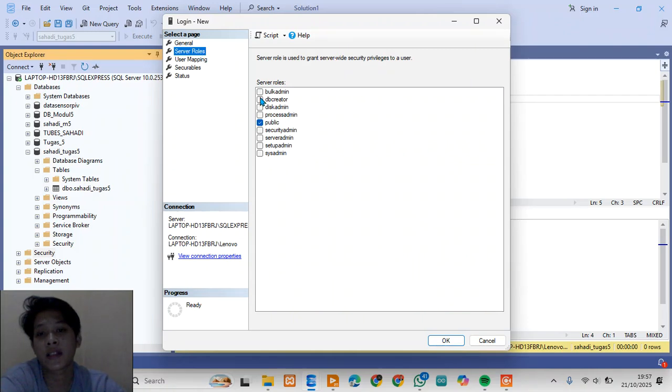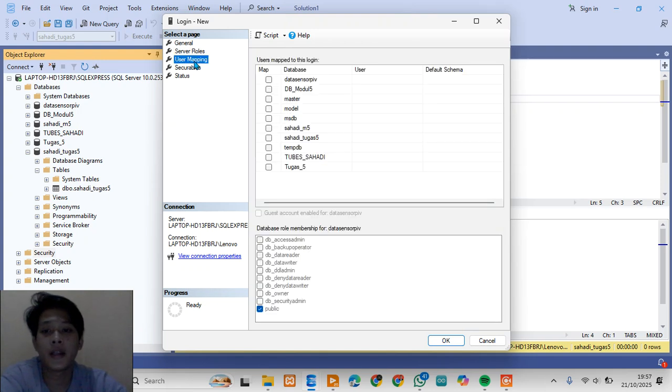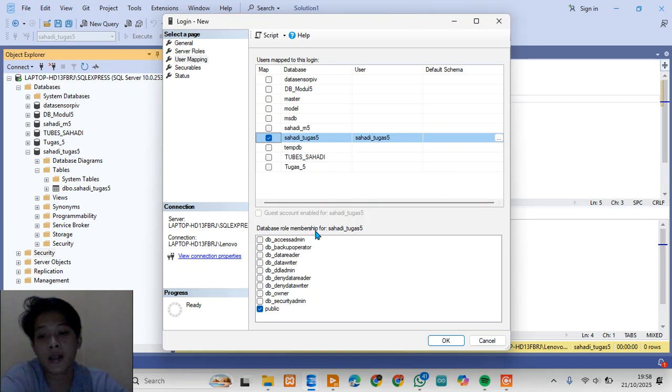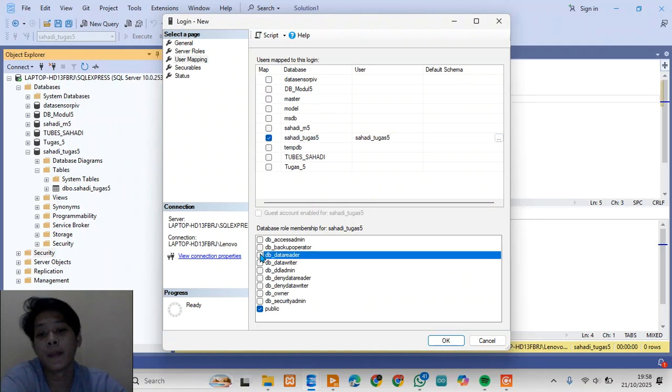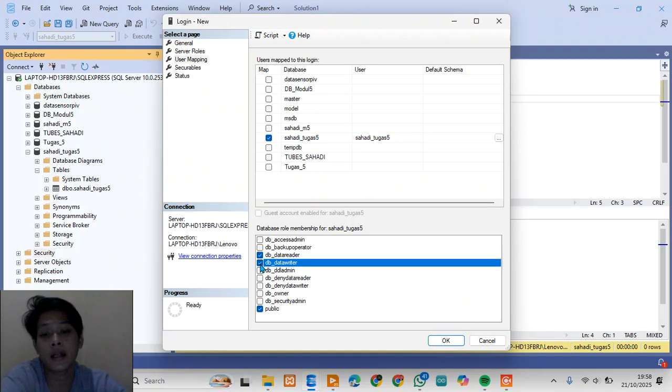I check DB creator, and in user mapping I select my database Sadi Tugas 5, and in database role membership I select db_datareader and db_datawriter for reading data and writing data.